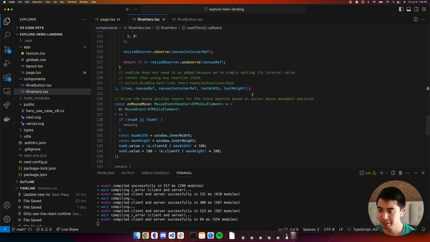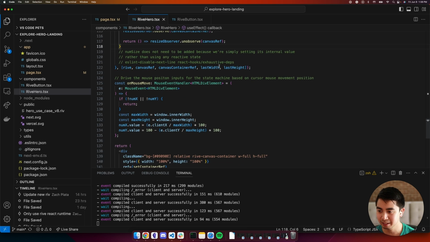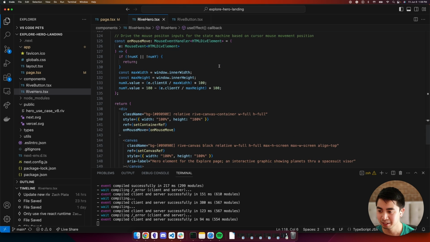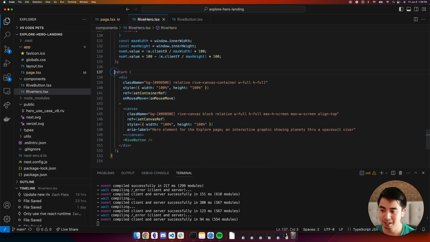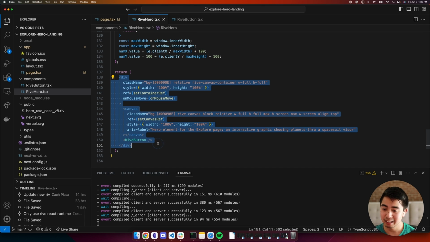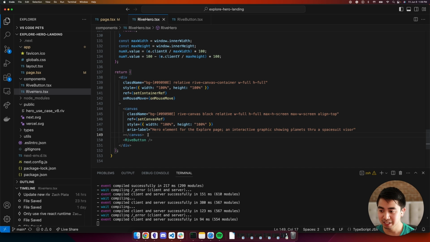And we're going to skip over this resizing logic a bit. This is kind of a larger use effect block, and move straight into the return statement. So as you can see, we have that rive button that we were working with a bit earlier. So we're just going to be rendering that on top of our canvas. And this is an absolutely positioned element, so it's just going to be centered in the center of our screen always. And we have this div element that's kind of encompassing everything, and this canvas element.